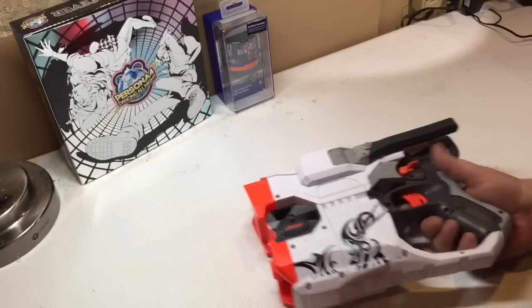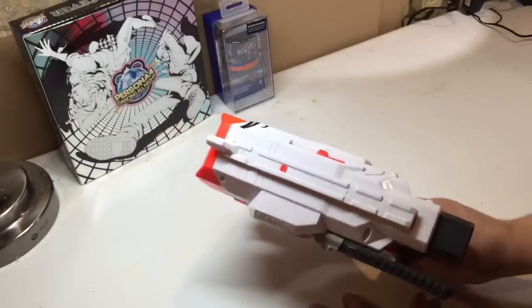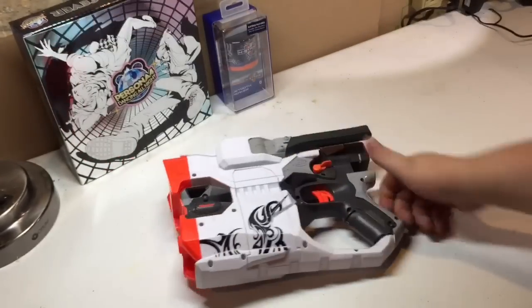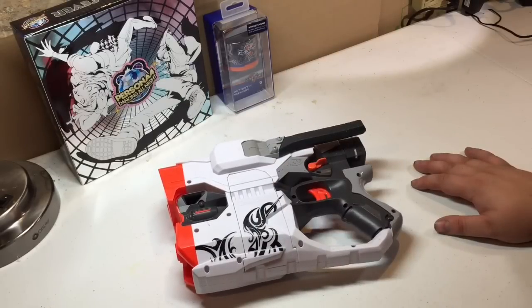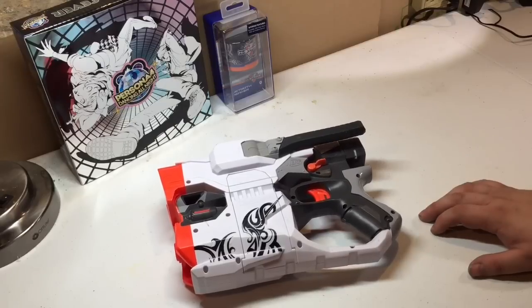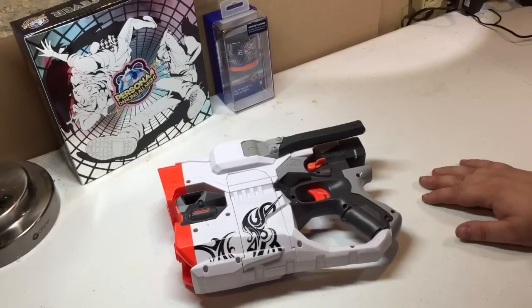Not very easy to do with a magazine, to pull a magazine out and load it up and put it back in. And the cool thing about the Diatron is not only does it shoot 2 discs at once, but, and this is really hard to show on camera as well, it is very easy to one-hand this blaster. And the ranges are pretty good, something like 70 feet, and the discs go off in a pretty good pattern, so it's really, really annoying to people to shoot them with this at a distance. It's very hard to dodge because you get 2 discs rocking right at you, and they're kind of lazily floating in the air, so you don't know which way you're going to go,